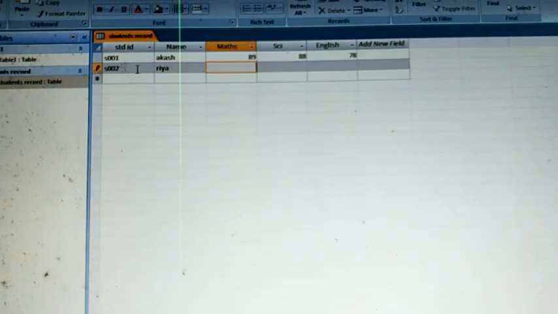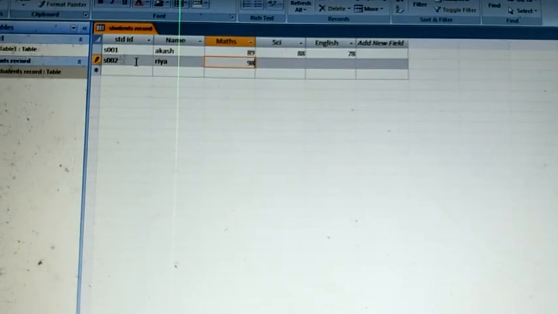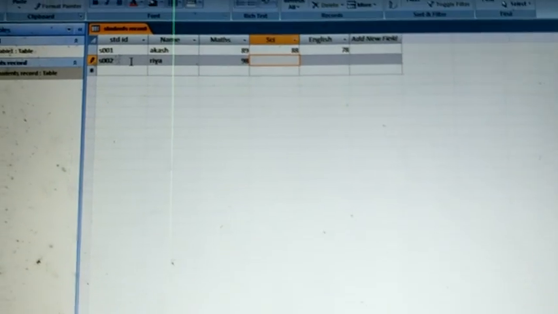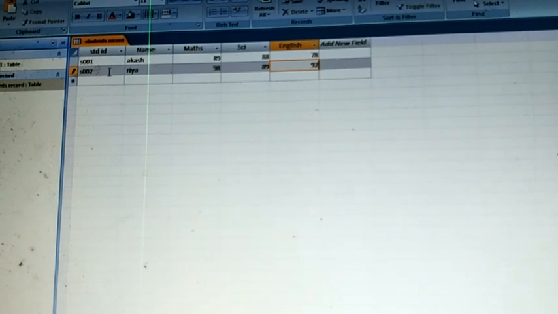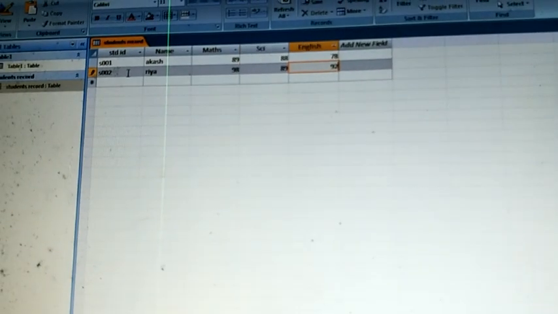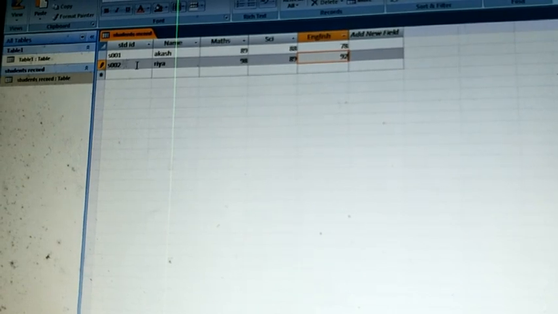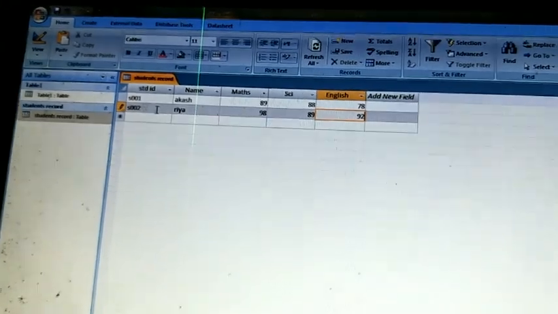The marks are 98. Next, the marks in the science field are 89 and in English 92. So here I have entered records of 2 students. You can enter many records, so this is your homework. You will enter at least 10 records. Clear? Got it?